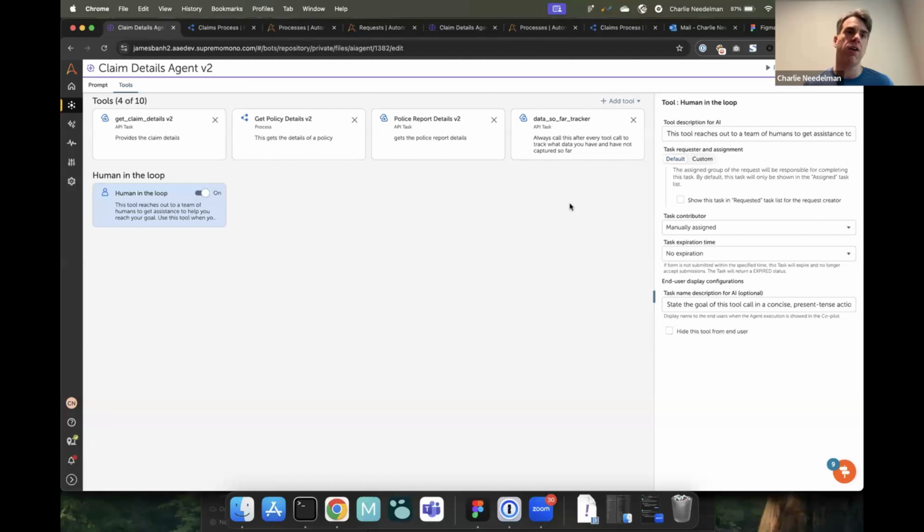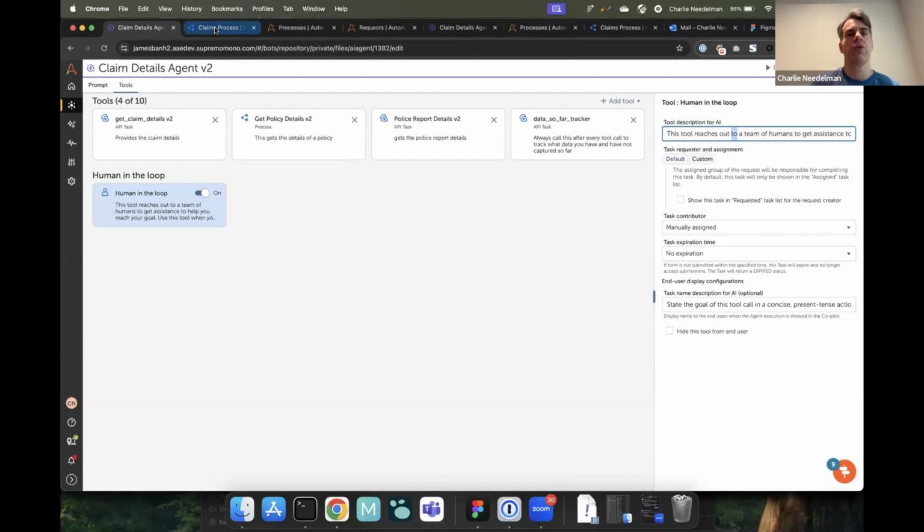In the world of AI agents today, you're likely going to need some way to get to a human, whether it be for a particular step or just, hey, look, if you get stuck, reach out to a human for help. And so we wanted to make that easy. All you have to do is enable the human in the loop step. You can give it a tool description for when it should use that tool. In this case, it doesn't even say really when, it just says, reach out if you're stuck. So I'm not giving it an exact thing. It's just, if you're stuck, reach out to the human. And what this will do, and you'll see this in a second, is present the question that the agent creates and an area where the business user can respond in free text.